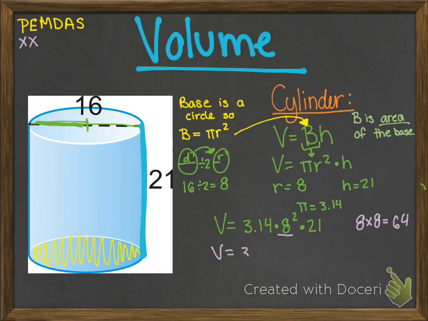So volume equals 3.14 times 64 times 21. Now that we are left with all multiplication, you can simply multiply straight across 3.14 times 64 times 21 on your calculator. When I do this, I end up getting volume equals